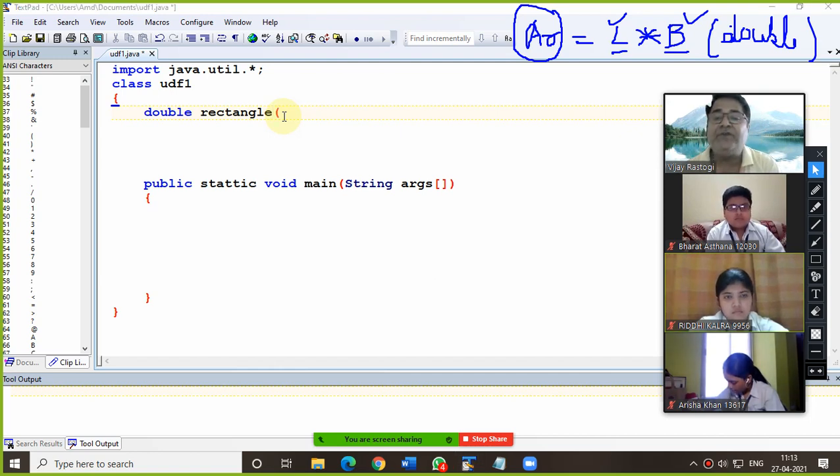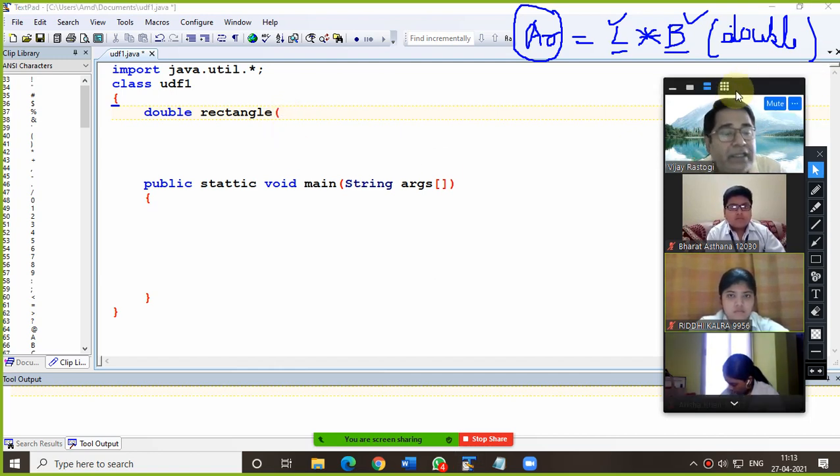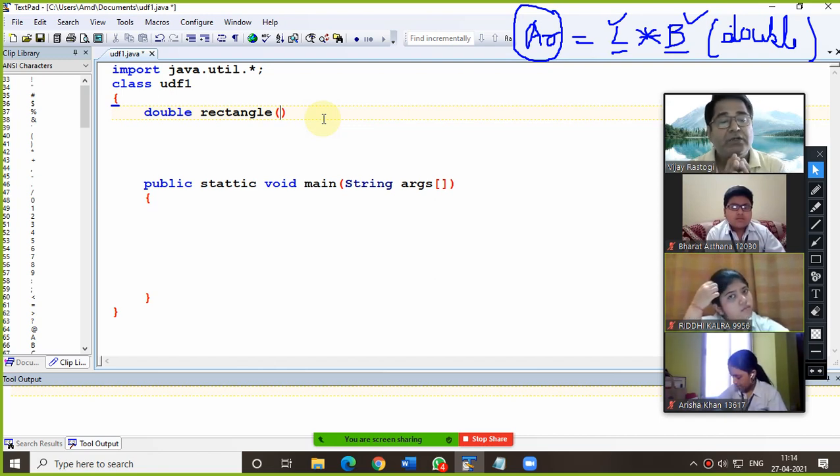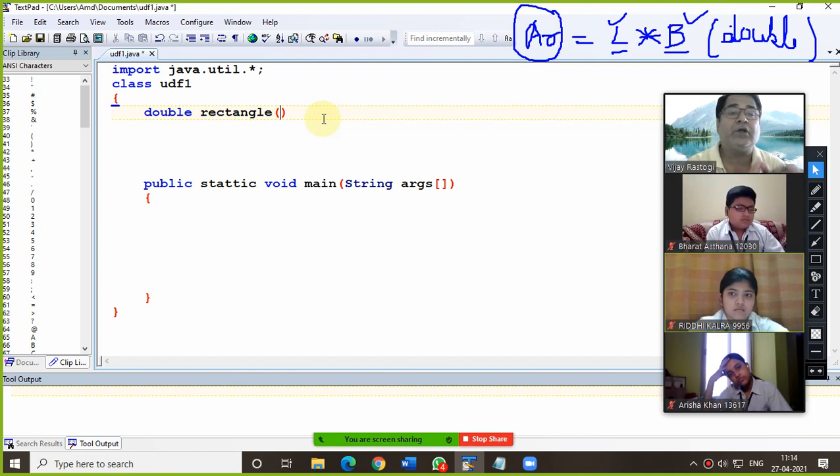After that, we put the opening round bracket, and we close it too. In between, we are supposed to write the parameters. Please pay attention everyone. What parameters are we supposed to use according to the question?